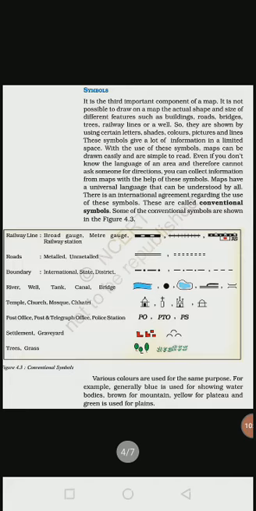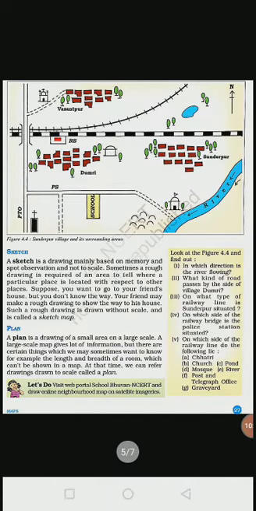See, students, in this way we have completed this lesson. As a homework, you should read this lesson very carefully, observe all the symbols and the drawings given in the lesson, and complete it.